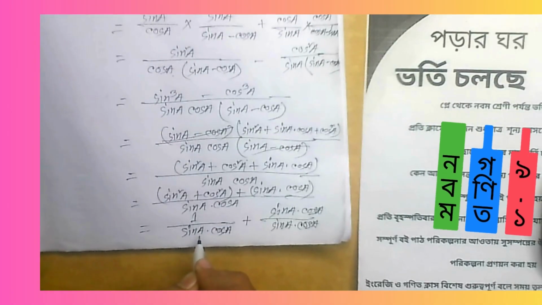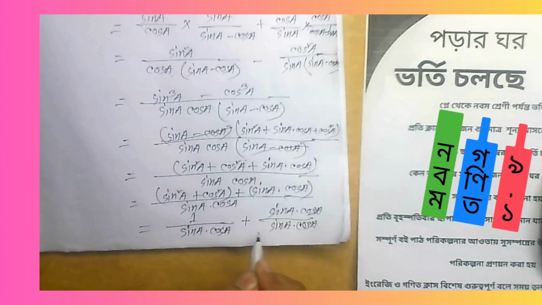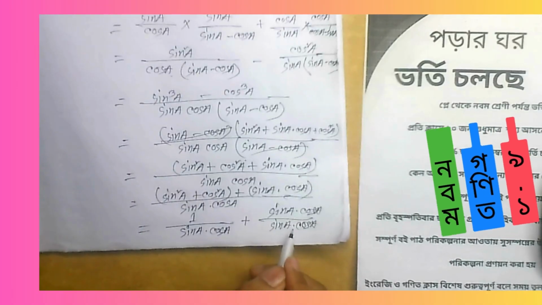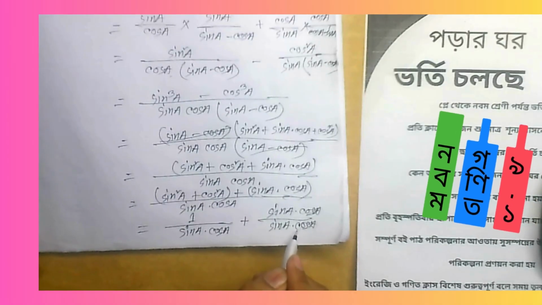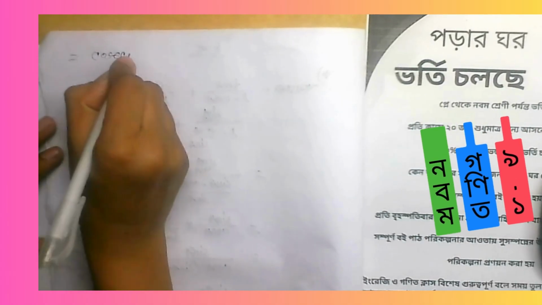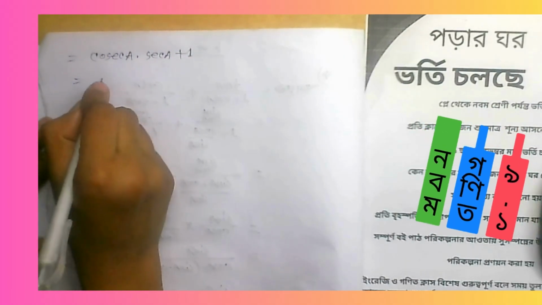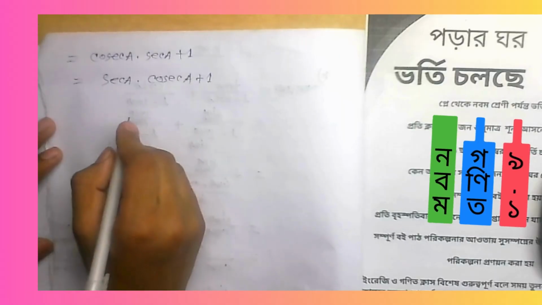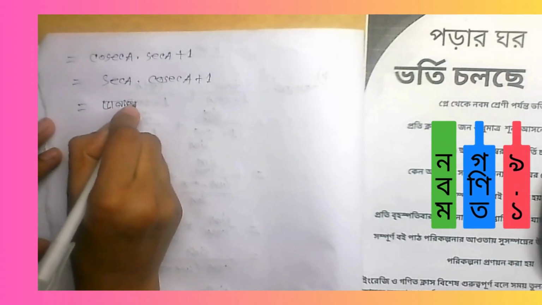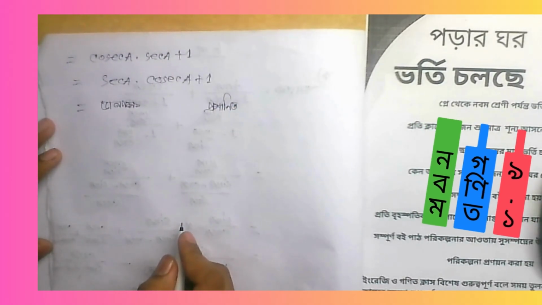এখানে রয়েছে 1/sin a মানে cosec a আর 1/cos a মানে sec a আর হচ্ছে প্লাস আর sin a into cos a by sin a cos a equal to 1 হবে মানে কাটা যাবে, তাহলে আমরা উত্তরটি লিখে নিই। উত্তরটি কি cosec a into sec a plus 1, এটা আমরা সাজাতে পারি আবার sec a into cosec a plus 1, সবার ডান পক্ষ, প্রমাণিত। এটাই হচ্ছে আমাদের উত্তর।